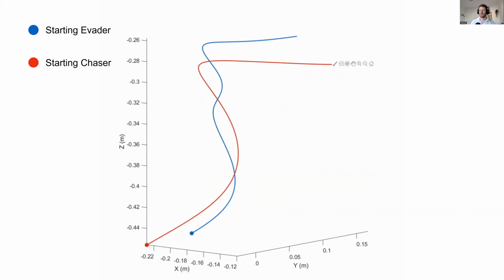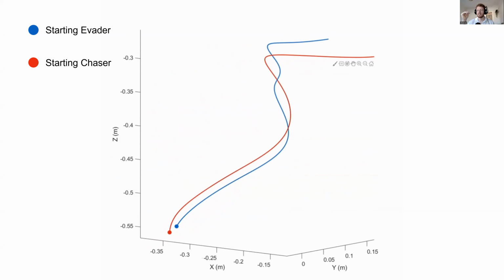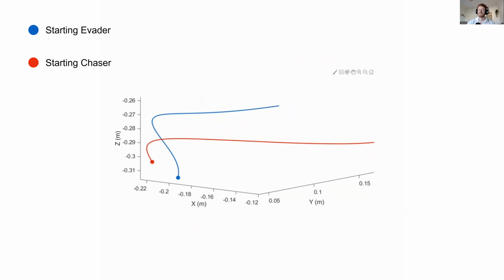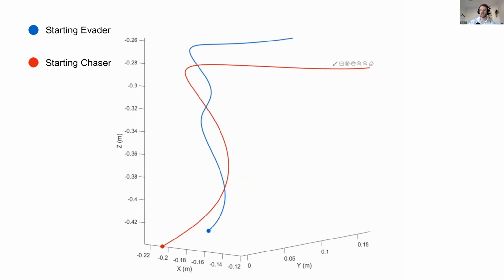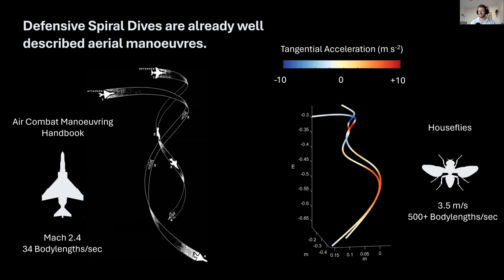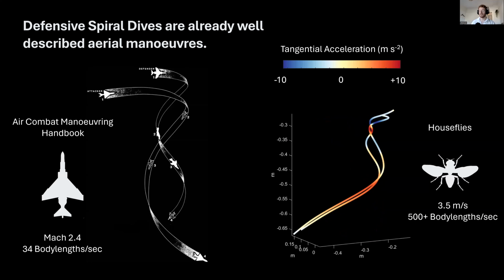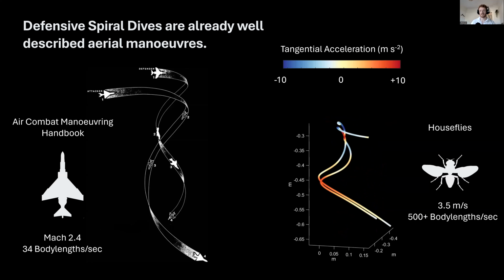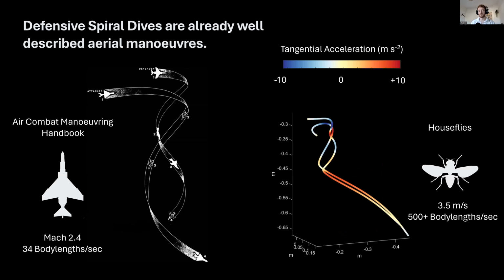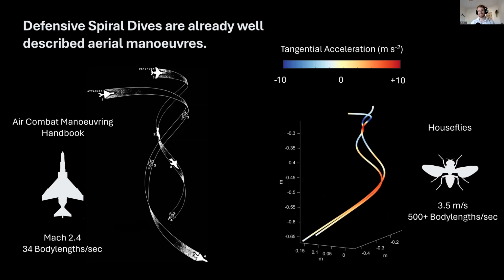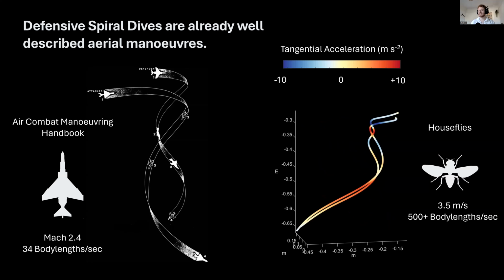and this dive and spiral seems to be the real key to switching these roles. But what's really interesting, and for anyone who has maybe served in the RAF or knows a lot about combat flight, is we already know what this is. This is a defensive downward spiral. This is what is taught to fighter pilots, or certainly was taught to them when dogfighting is a particularly key element of what they do. And so you can find air service manuals from the 1960s that show literally exactly the same pattern.